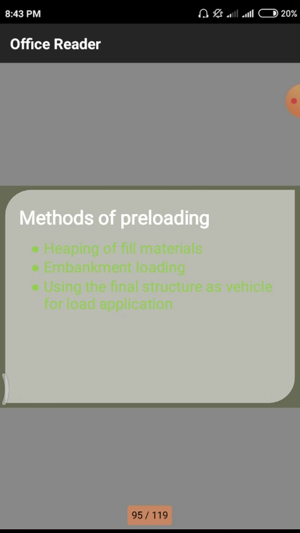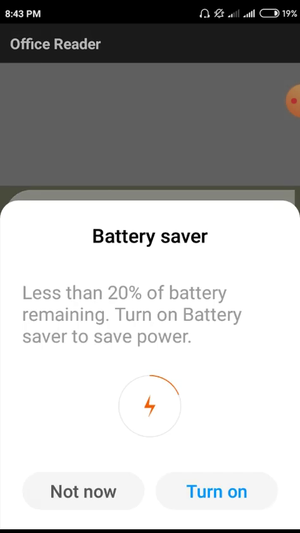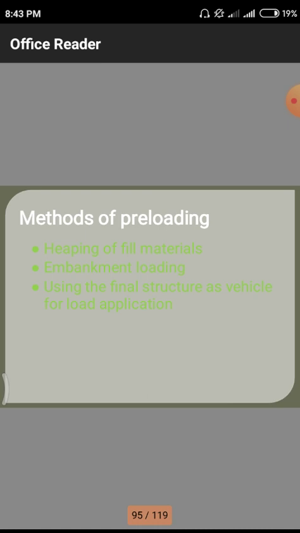First one means the heaping of the fill material. Heaping is normally employed in the particular crop fields itself. Next one, embankment loading. Already embankment loading we discussed in case of these dams and other structures, and transporting roads. Embankments were constructed to counteract the forces which are coming directly onto the structure. In the case of vehicles moving and other things, directly we are having shear stresses and compressive stresses. To negotiate those shear stresses and compressive stresses, we have to employ these methods of preloading techniques.